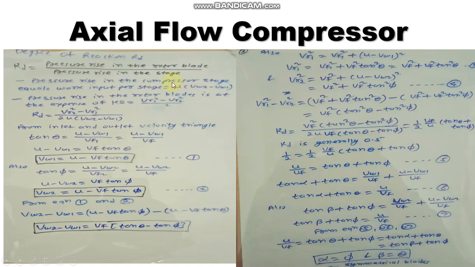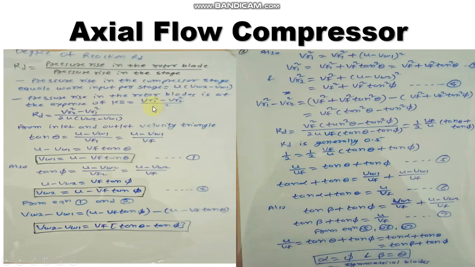Work input per stage we know, that is U (VW2 minus VW1). And pressure rise in the rotor blades is at the expense of kinetic energy. At the rotor blades, it is moving and space is provided between them. Therefore, the pressure rise is due to change in relative velocity. That is the pressure rise in the rotor blades. So we can write degree of reaction is